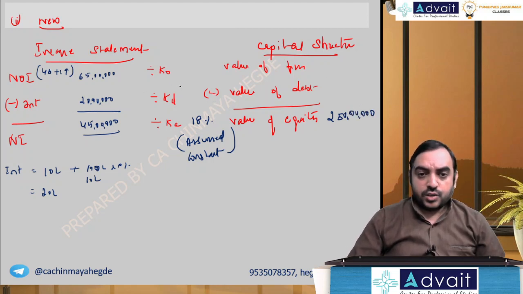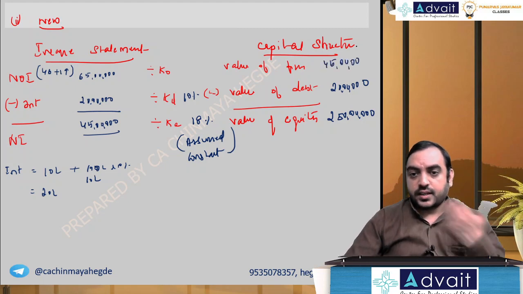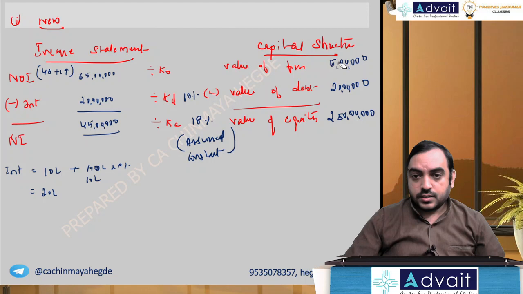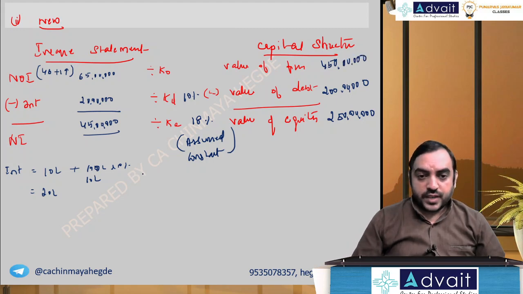Value of debt 20 lakh by 10%, 200 lakhs. So 250 plus 200, value of the firm 450, 450 lakhs. So cost of capital